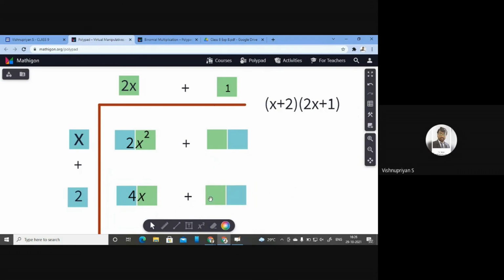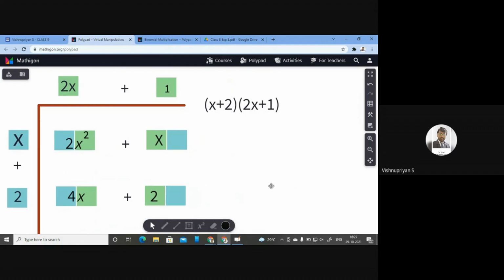Okay, now x plus 1 is what? x times 1 is x. So I'm just typing it as x. Because we know that 1 into x is x. Next, 2 into 1 is 2. So I'm just typing it here as 2. Okay, so now you have to use the pan canvas and adjust it and mark it in such a way